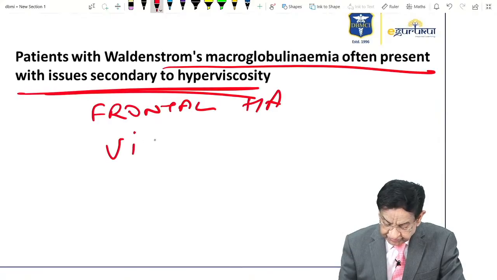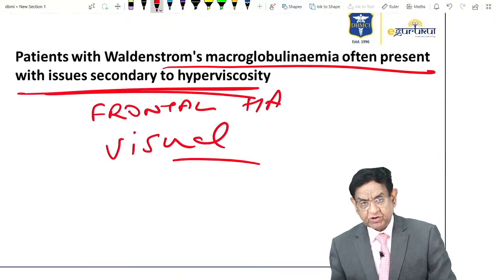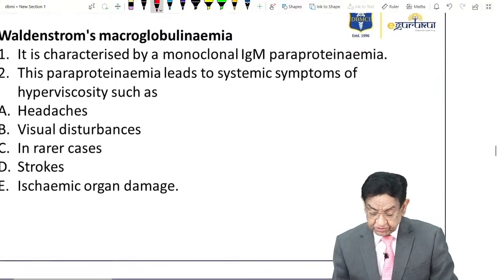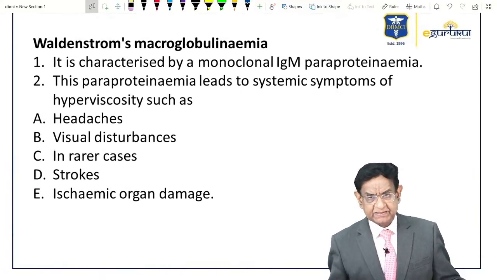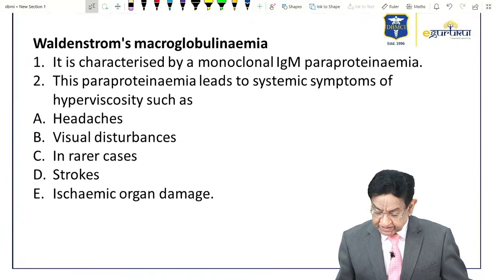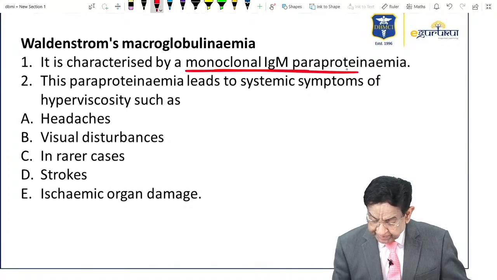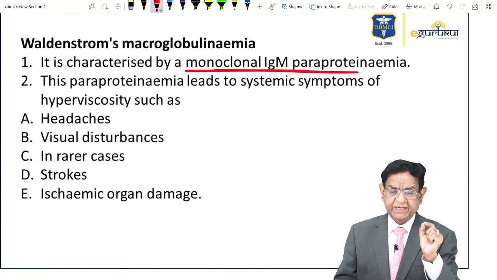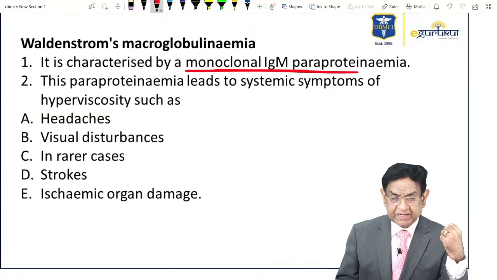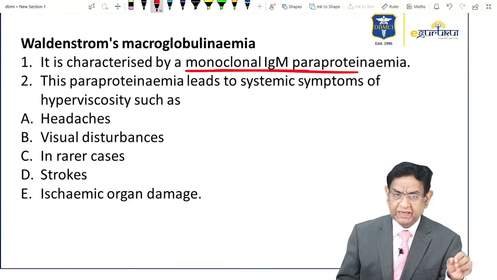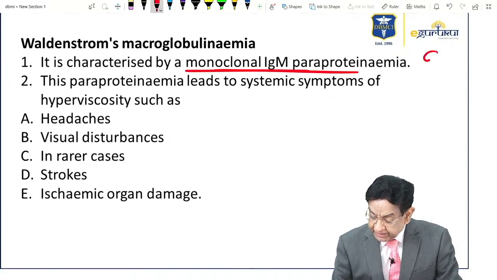That's why his visual disturbance. This is all due to increased viscosity in the blood. So let's talk in a little more detail about the basic concept of Waldenstrom macroglobulinemia. First is the immunology. Increased IgM paraprotein is a distinguishing quality. So if you are getting an IgM paraprotein level increase, paraproteinemia, 99% you are dealing with Waldenstrom. A golden line to remember